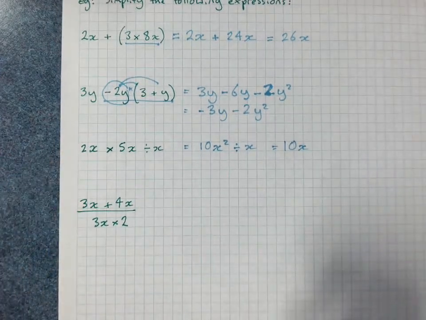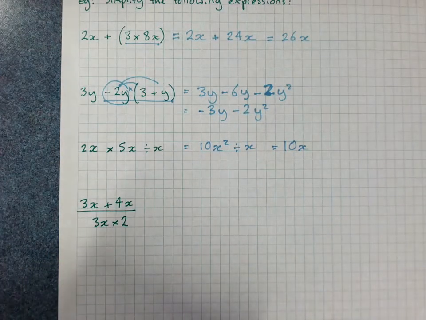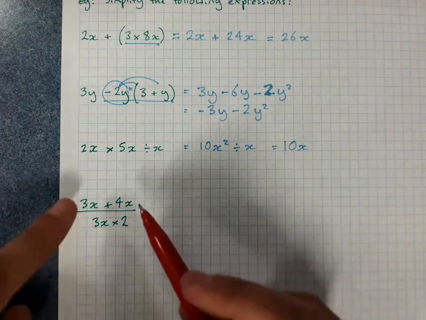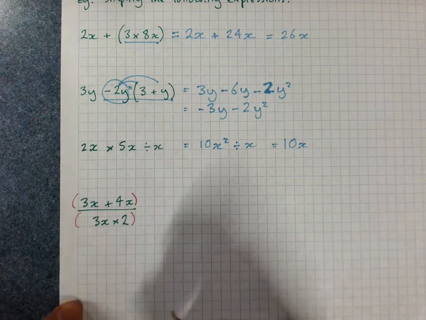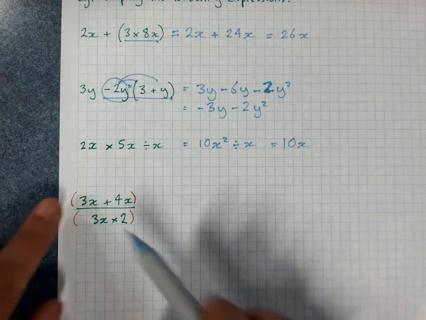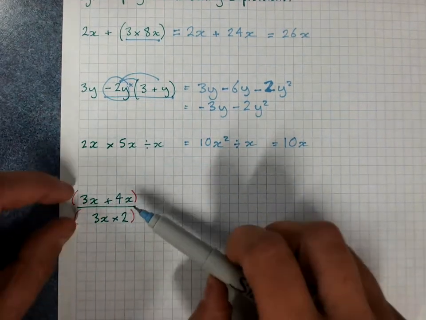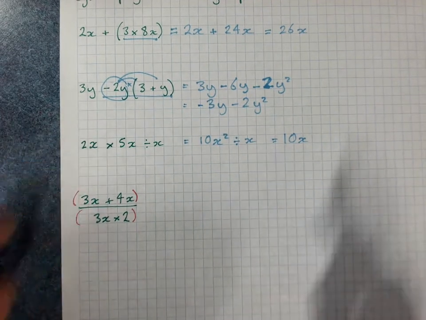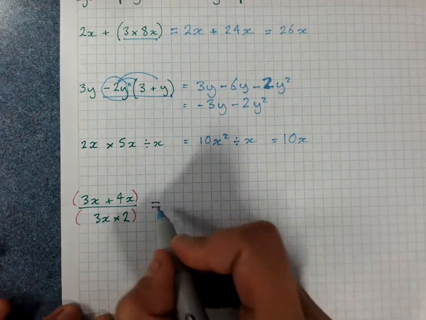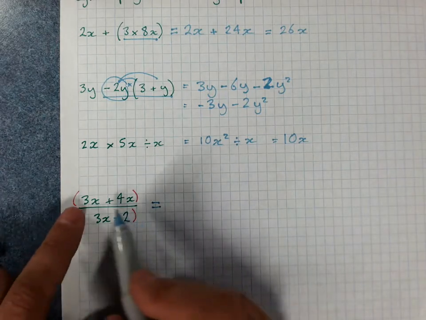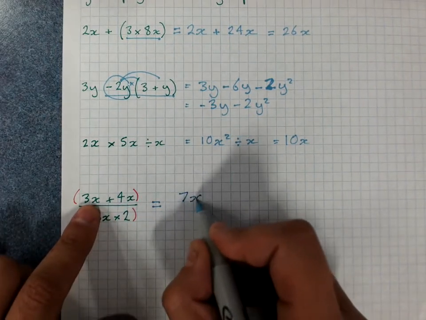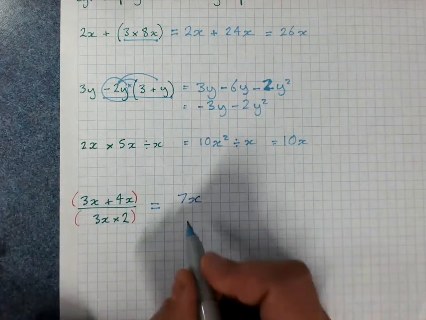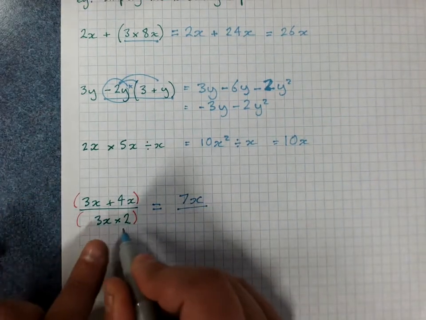We've got a fraction here, and please don't forget that when I've got sums on the top or bottom of fractions, there's invisible brackets around them. So I don't need to worry about whether I do the plus or the times first, because there's 2 sets of brackets. I'm going to do both the sets of brackets at once, top then bottom. 3x plus 4x is 7x, because I'm adding. 3x times 2,